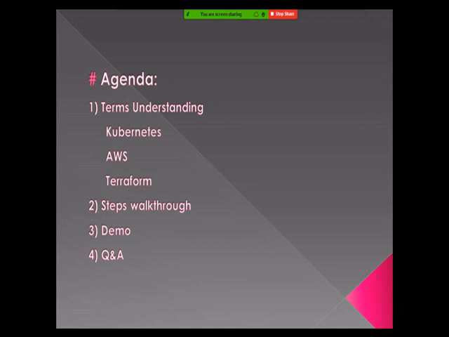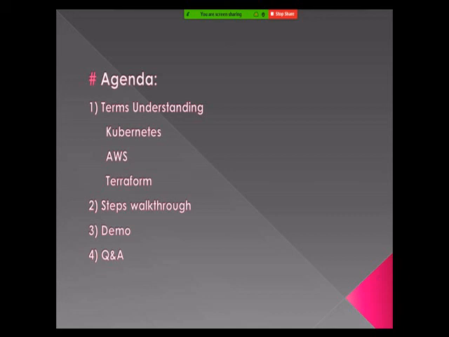First of all, I will go through the understanding of these three entities: Kubernetes, AWS and Terraform. The second thing is the step walkthrough, how this sort of cluster can be built. I have a GitHub source code repository which has all the steps that have to be performed.